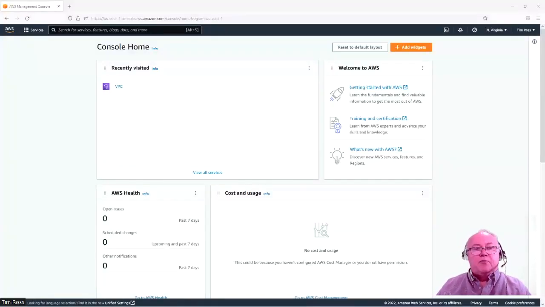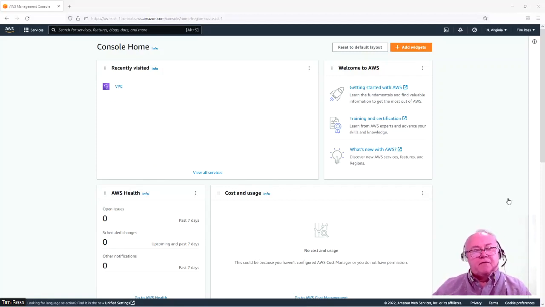Hello everyone. In our previous demo, we showed how to give internet access to the public subnet, but sometimes the private subnet needs access to the internet also. Maybe it just needs to download updates or go out for various purposes to a site and download something. But we'll show in this demo how to create access to the internet for the private subnet through a NAT